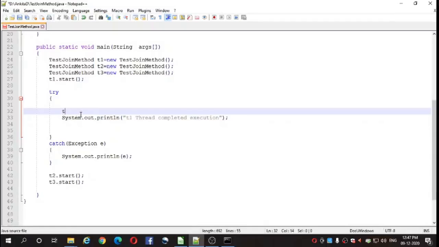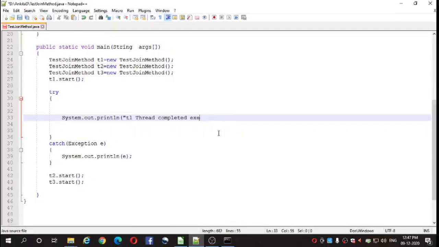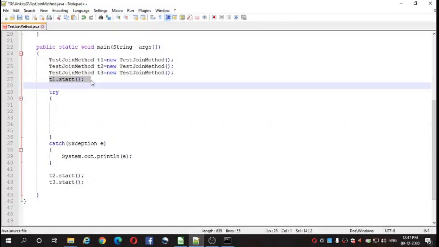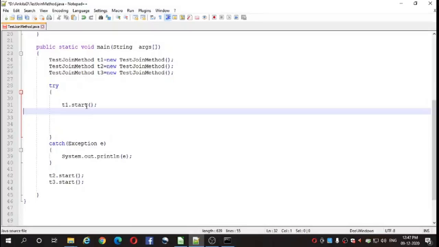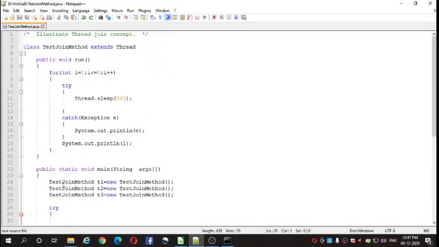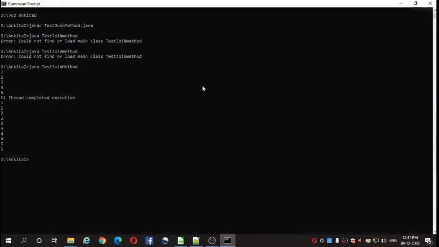So this has to be removed. We have removed the join method from these threads. Then execute once again.